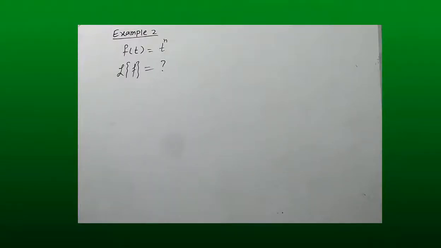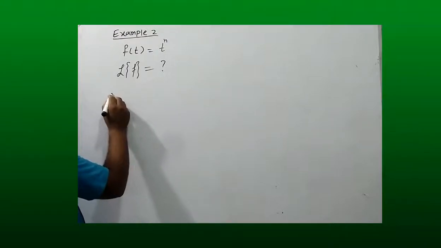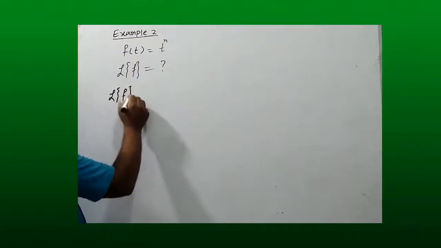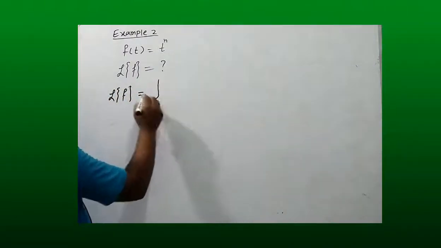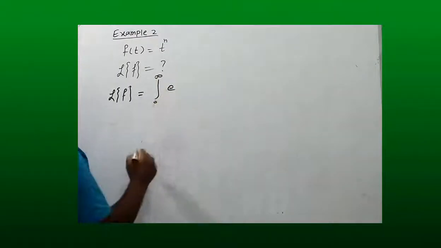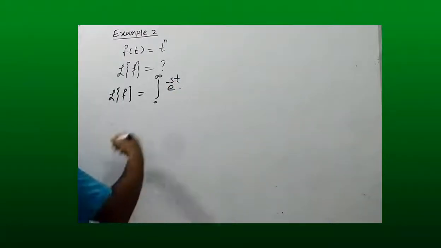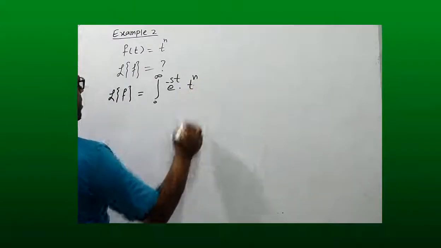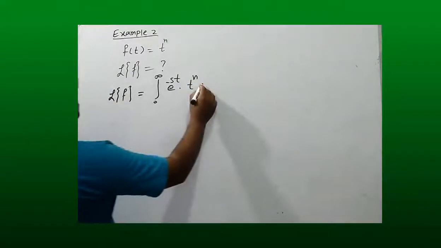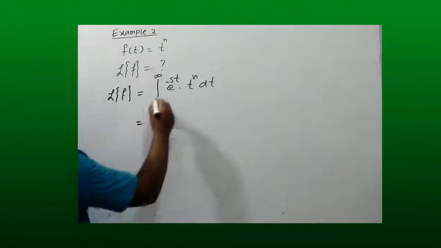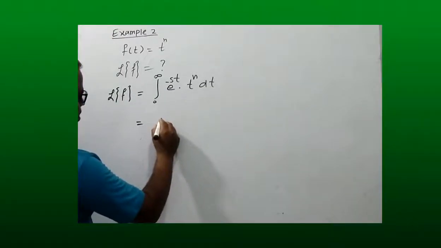Now we find the Laplace of t raised to the power n. So by the definition we know that Laplace of f is equal to the integral from 0 to infinity of e raised to the power minus st times f of t. And what is f of t? Here f of t is t raised to the power n, dt. So by integration by parts,